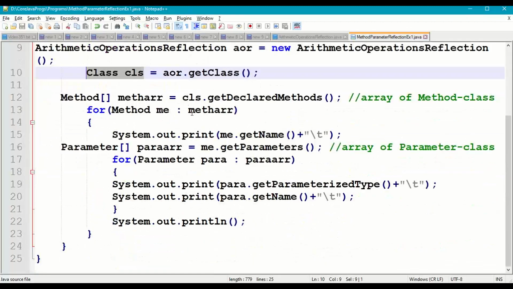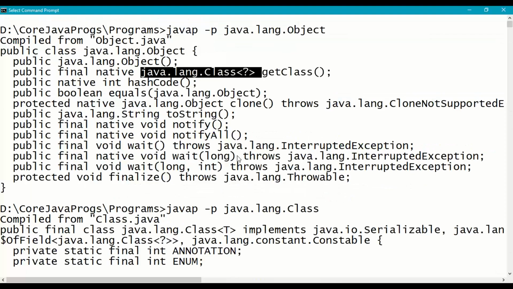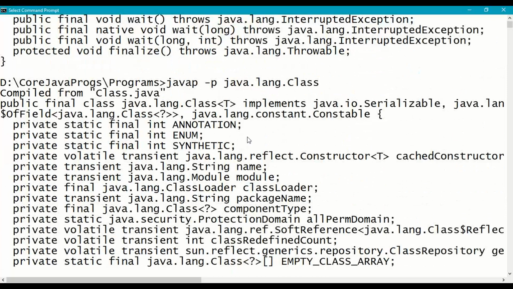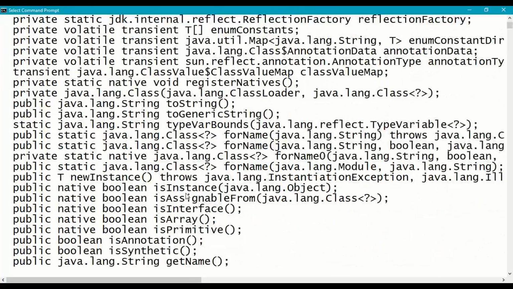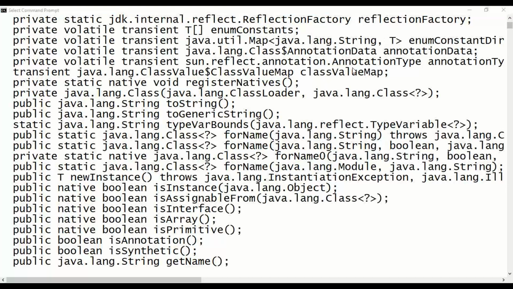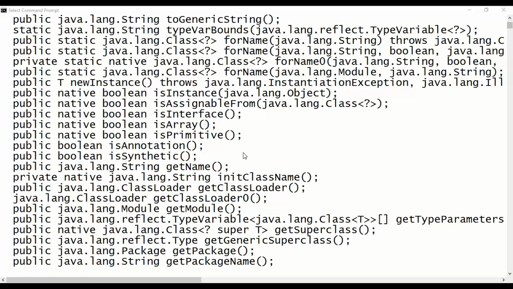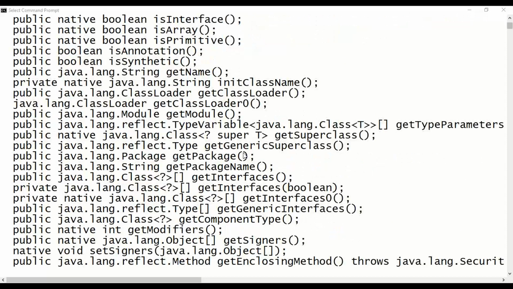Now on this class reference, we are calling getDeclaredMethods. In the description of java.lang.Class, we are invoking getDeclaredMethods. It's a very big class, and this method will return a Method array.